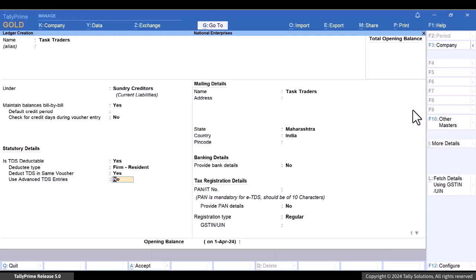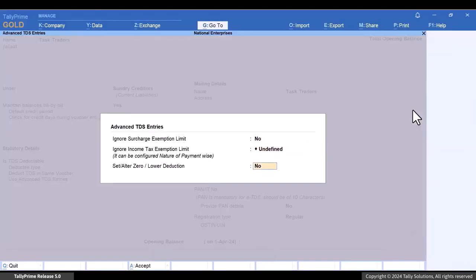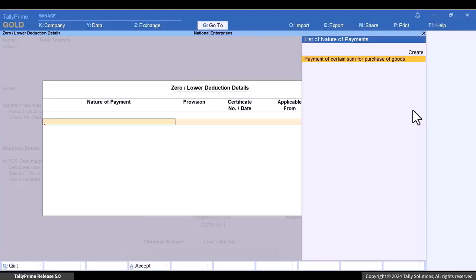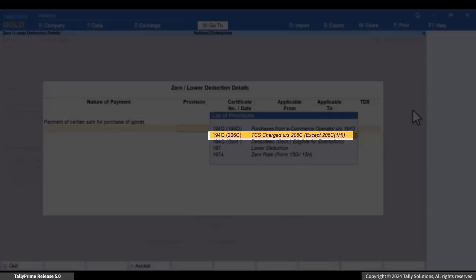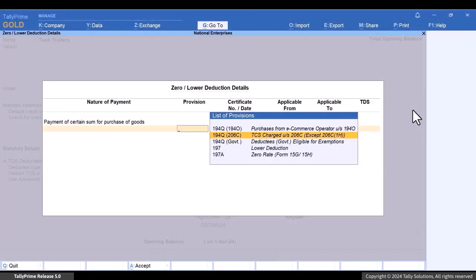Enable the option Use Advanced TDS entries and set Alter Zero Lower Deduction to Yes. Select the Nature of Payment for Section 194Q under the Nature of Payment. Under Provision, select TCS charged under Section 206C from the list of provisions.